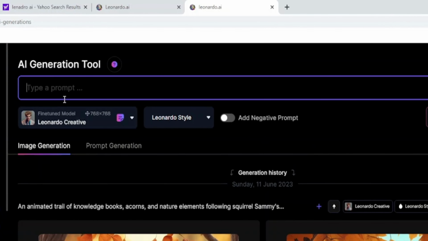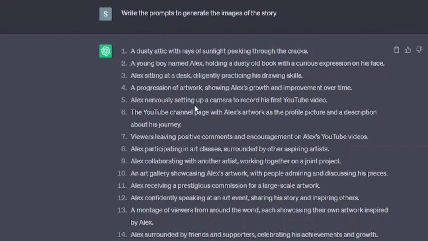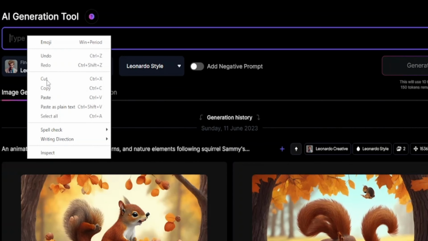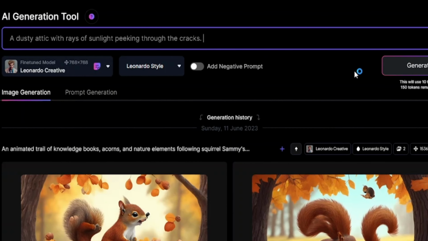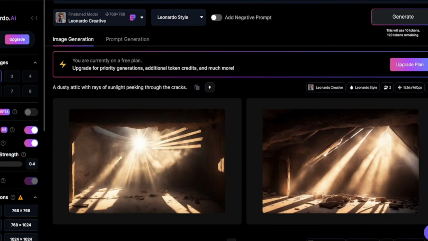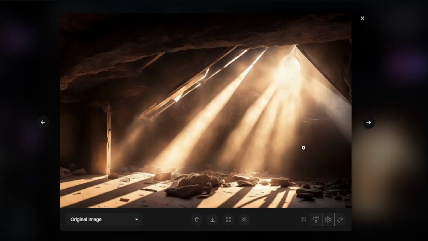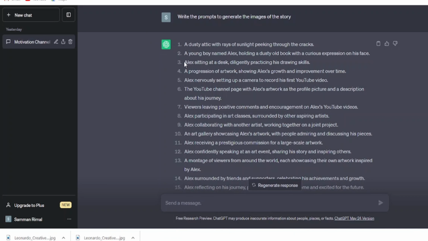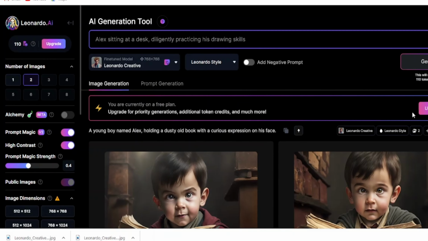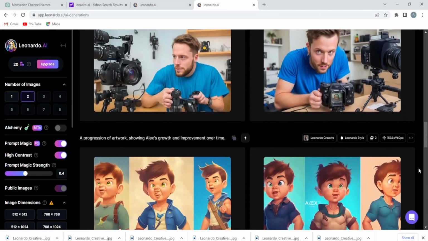Now, we have to write prompts here, but we already generated image prompts using ChatGPT. Then copy the first image prompt, go back to Leonardo AI, paste the prompt here and click on generate. When the image is ready, choose the image which you like the most and download it. Now, you have to repeat this process step by step, and when you finish generating images, then head over to